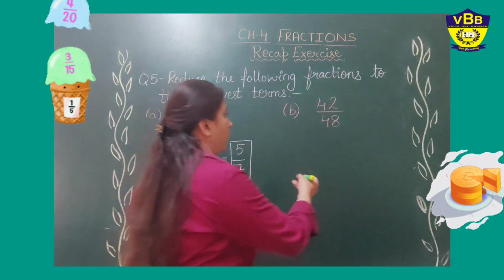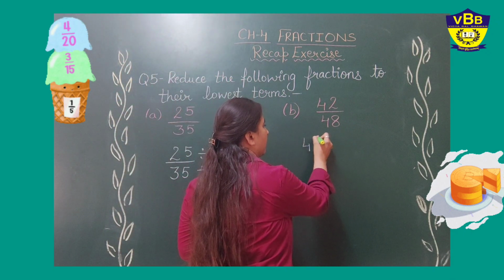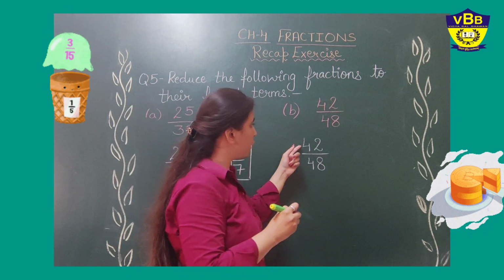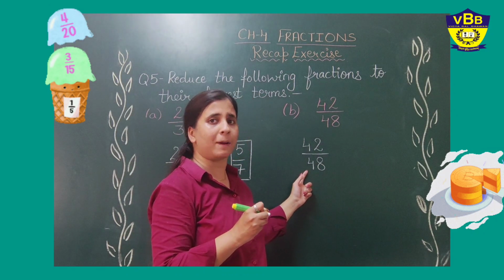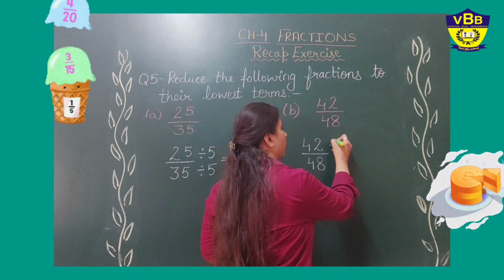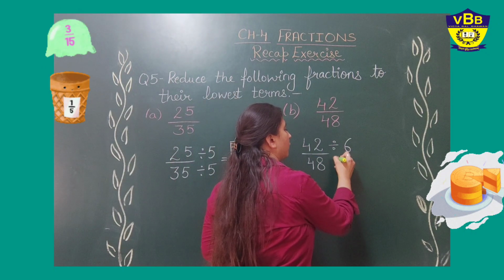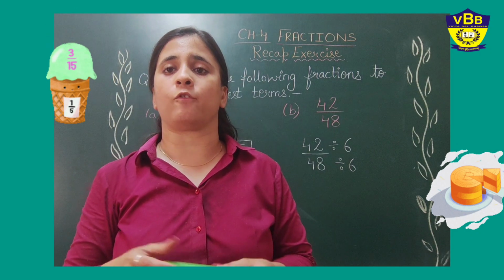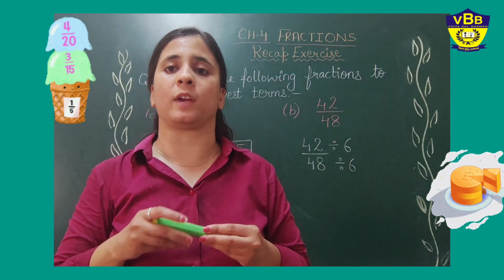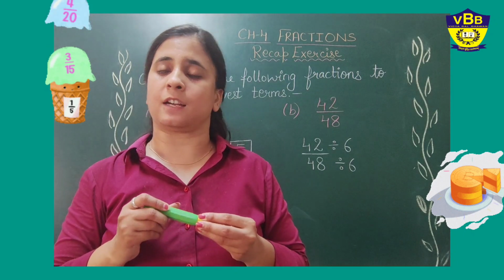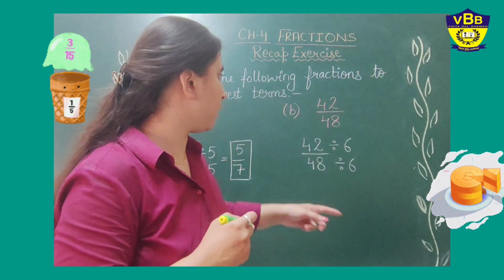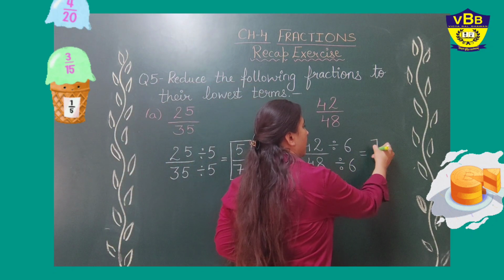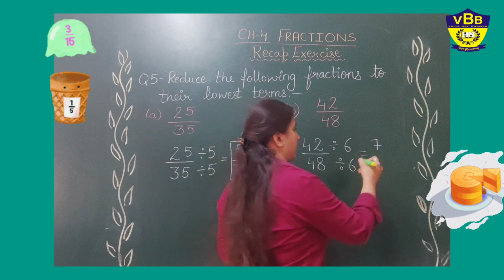Yes, we can. We can divide them until we get 1 as their common factor. So I am going to divide 42 and 48 by 6 directly. You can divide by 2 also, but in that case you have to continue the division until you get 1 as the common factor of numerator and denominator. Here I have divided 42 by 6, I will get 7, and when I divide 48 by 6, I get